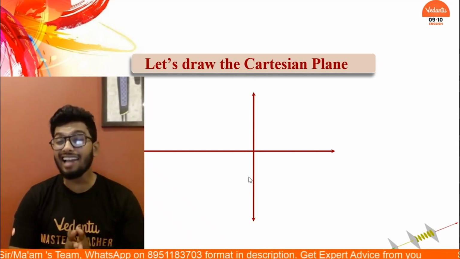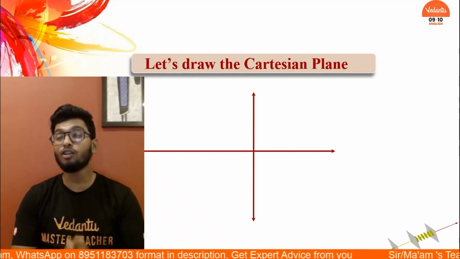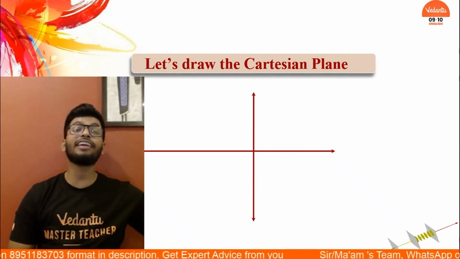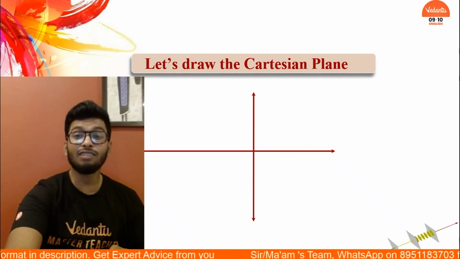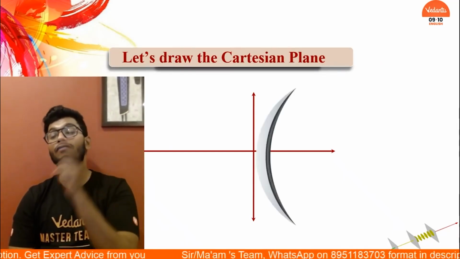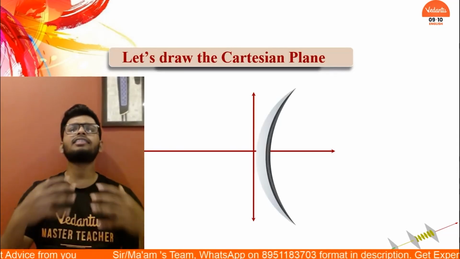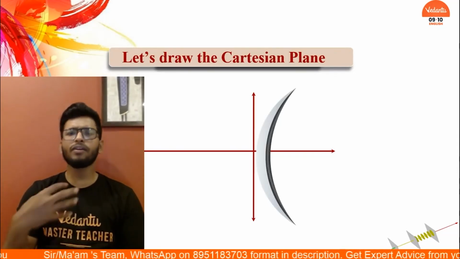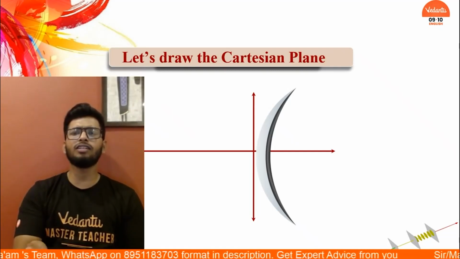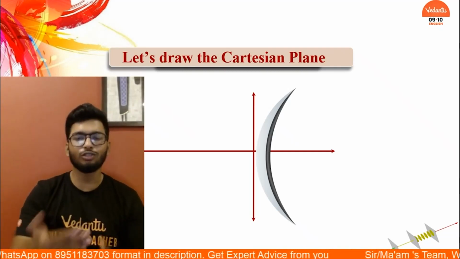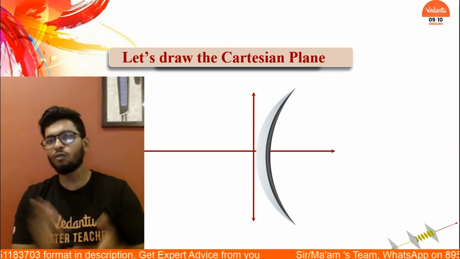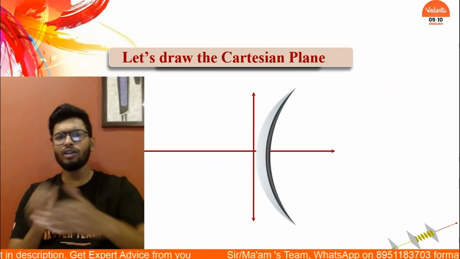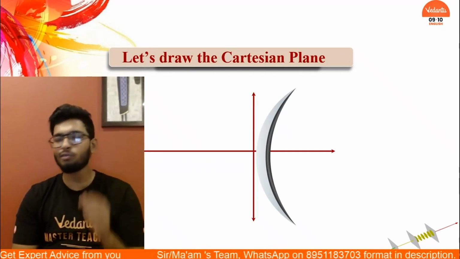Now the exact same thing we're going to use over here also, just like what we did for a concave mirror. The same sign convention is applicable for a convex mirror as well. So let's say you have a convex mirror. We're going to keep that convex mirror exactly at the origin. When you have a Cartesian plane where the x and y axes meet, the point where they intersect is the origin.